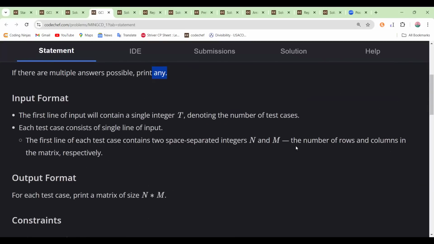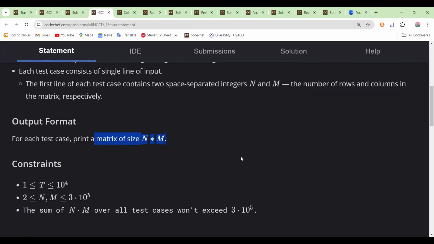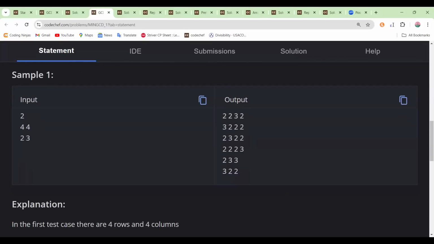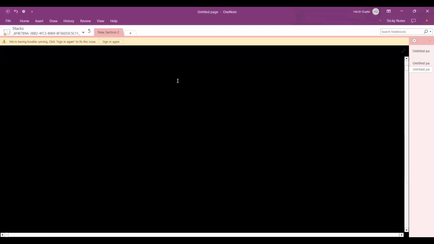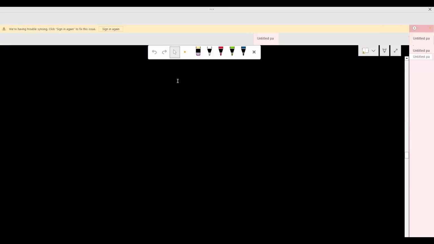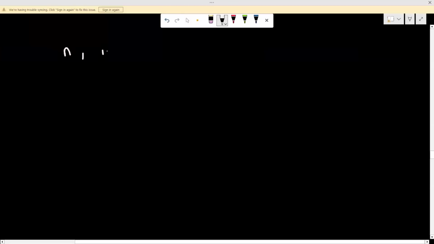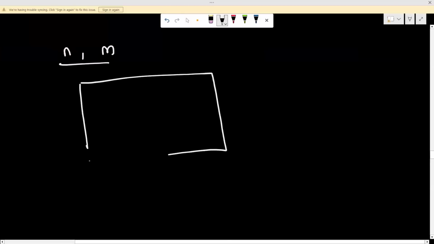So n denotes the number of rows, m denotes the number of columns, and you need to print a matrix of size n cross m. So let's understand what actually the question is. You are given two values. First of all, the number of rows. Second, the number of columns. Now you have to construct a matrix of size n cross m such that every row has the GCD